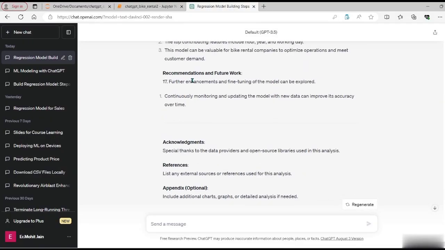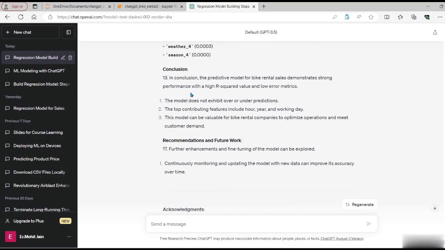I felt that the recommendations and future work is not very clear. So let's ask ChatGPT to add some more details on the recommendations and future work.